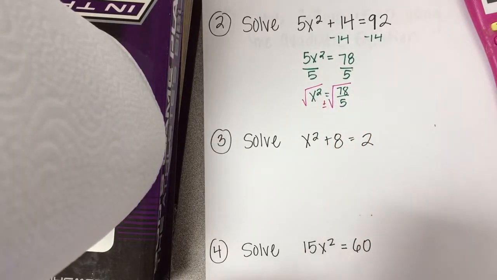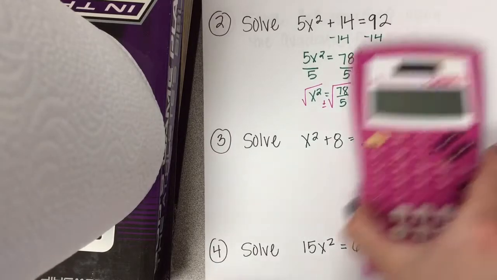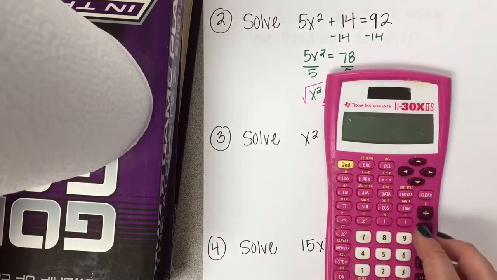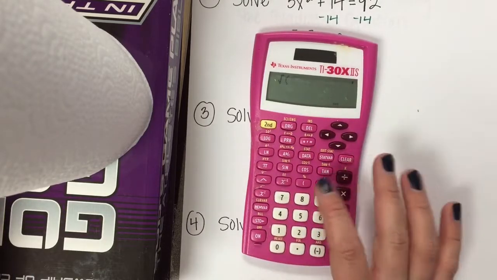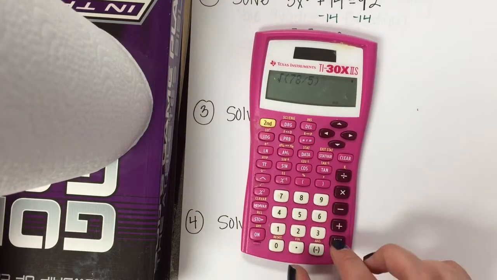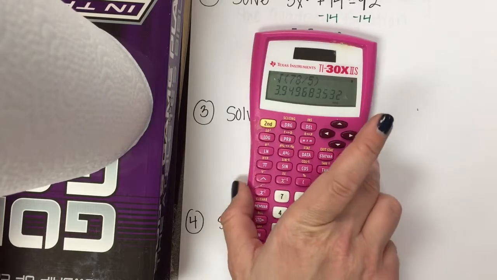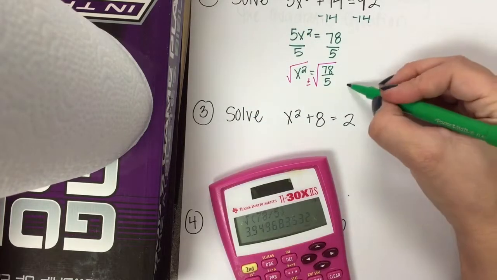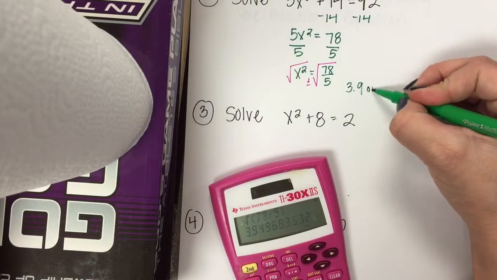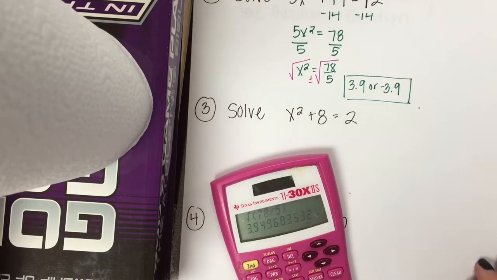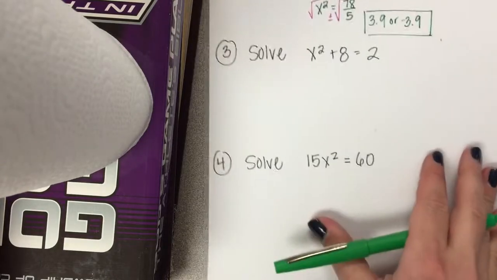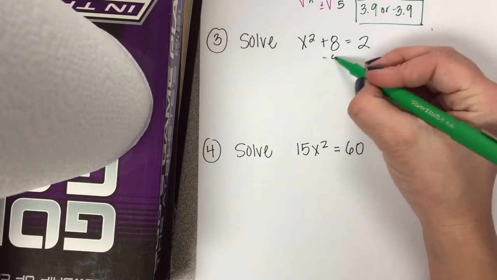So all I have to do is type into my calculator, can you guys see that? The square root of 78 over 5. Close my parentheses, that's 3.9. So 3.9 or negative 3.9. And that's my answer. Okay, the next one, subtract 8,